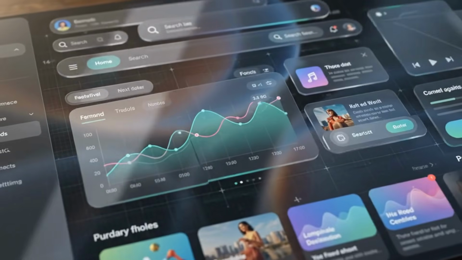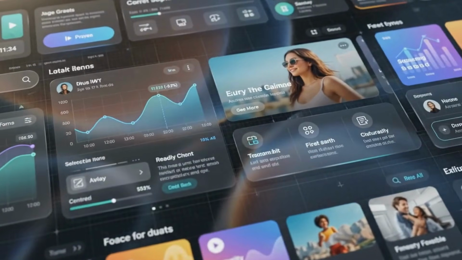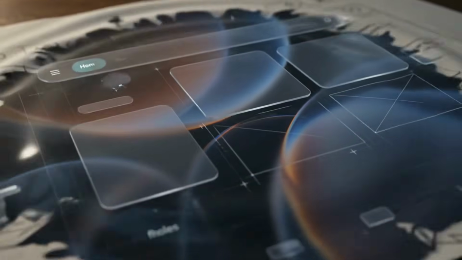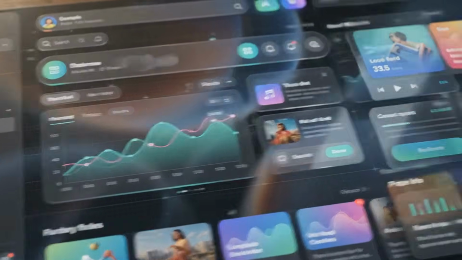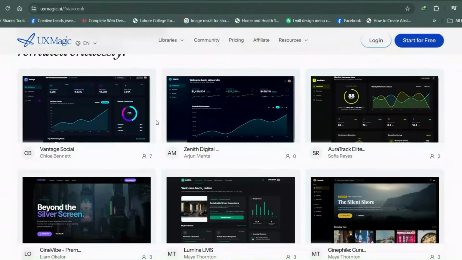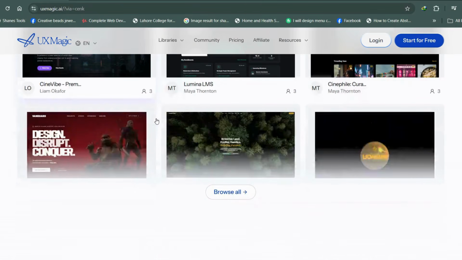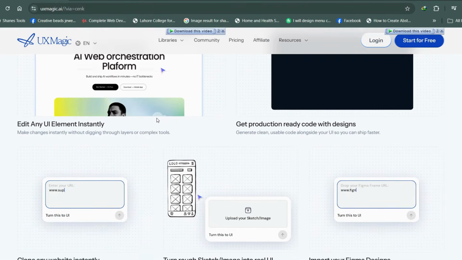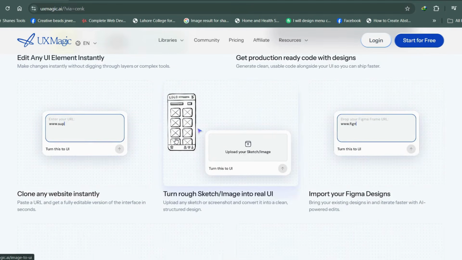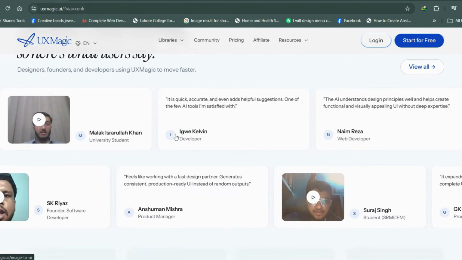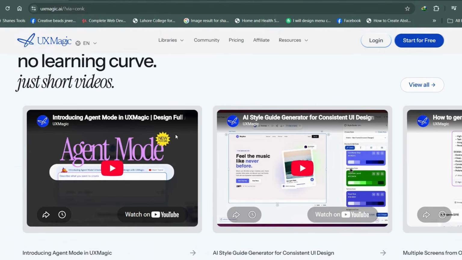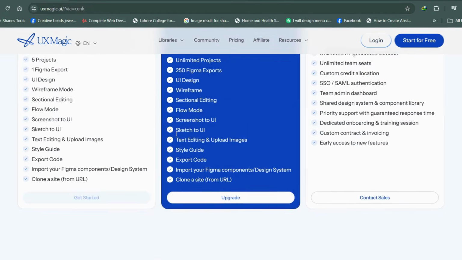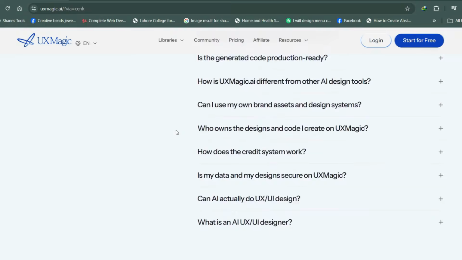Overall, UX Magic is built around a simple idea. Reduce the amount of manual work between having an idea and creating a usable interface. Its strongest points are the variety of ways you can start, from prompts and screenshots to sketches, combined with tools for flow, editing, style, consistency, Figma, and development handoff. Whether it's worth paying for will depend on how often you design and how much of your workflow you want AI to handle. But if you are consistently starting from a blank canvas, UX Magic is definitely a tool worth exploring. And remember, features and pricing can change, so check the official UX Magic website for the latest details.